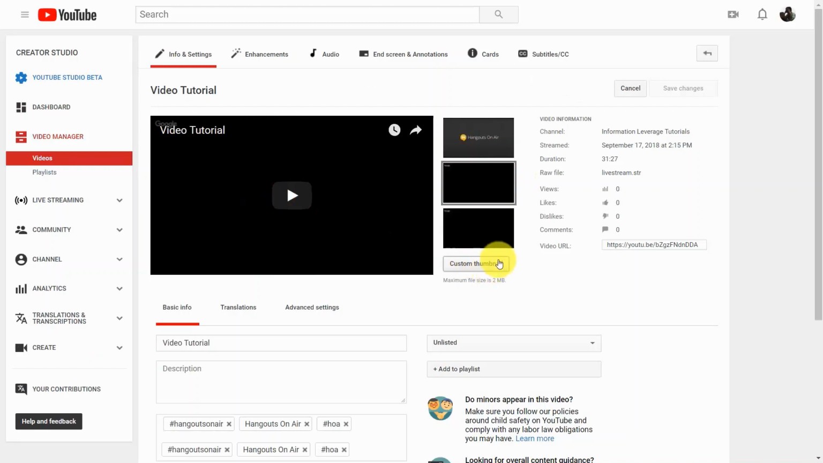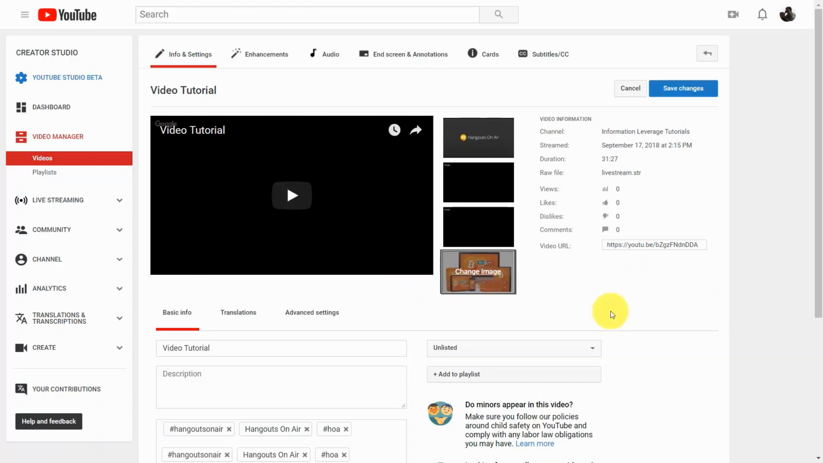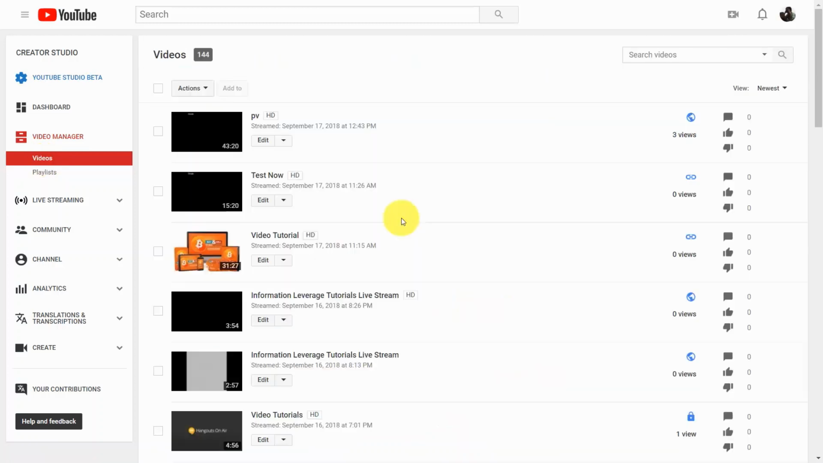And then you'll see here at the bottom that there is an area that says custom thumbnail. What you'll do then is click this button, and you will then upload your image. Once you do that, all you'll need to do is to click Save Changes. And then your thumbnail will be the front of your video when you go inside of the Video Manager,